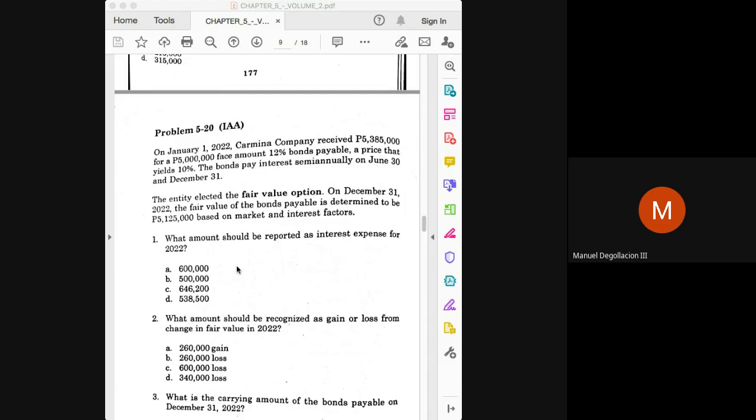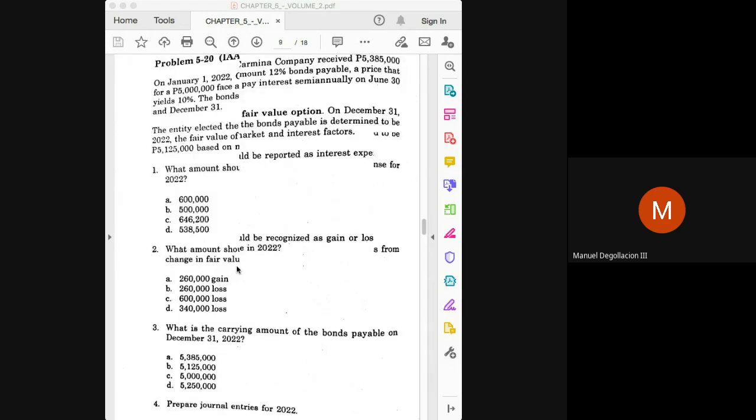What is the carrying amount of the bonds payable? Again, the carrying amount on any given date should simply be the fair value on that particular date. So the answer here in number 3 would be 5,125,000. Okay, let's proceed to